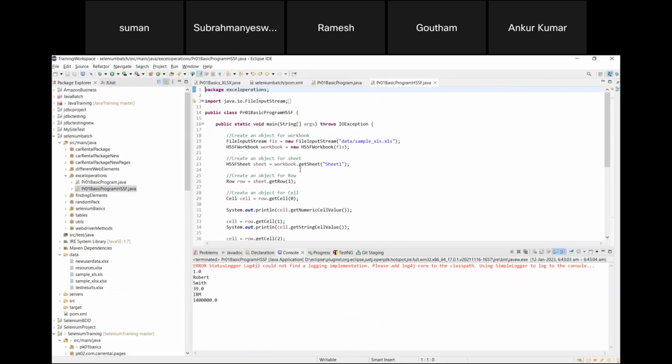Subbu, here we are doing for row 1, row 2, like that, right? For the entire page, if it is a huge data. Yeah, we'll come to that point. First I'm showing you how to get